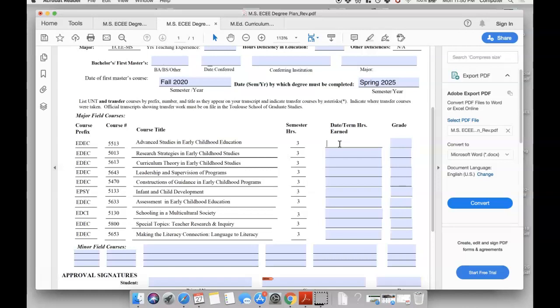So EDEC 5513 is only offered in the fall during 8-week 1, and let's say you plan to take it during fall 2020, you could take it during fall 2021. Again, it really doesn't matter which year you put down as long as you know which semester you're going to take it in, right? But just put down a year so you have an idea of when you might be